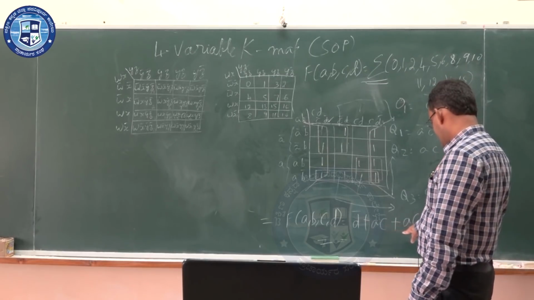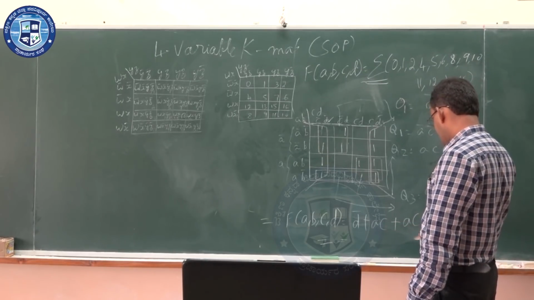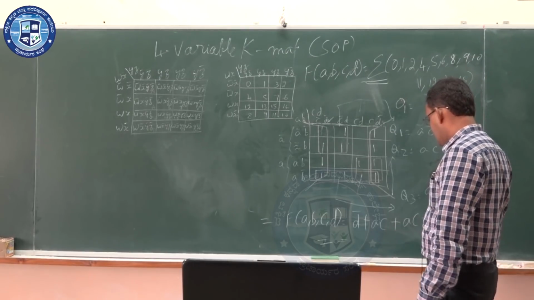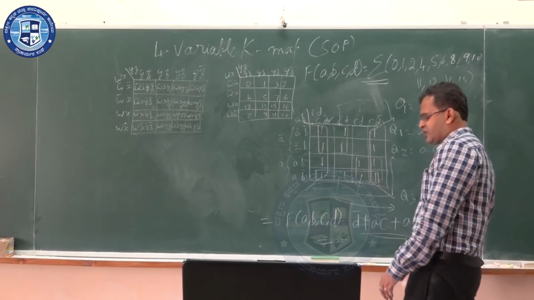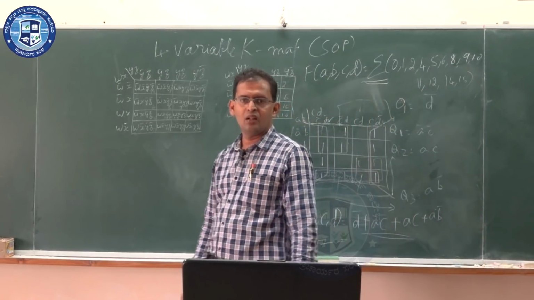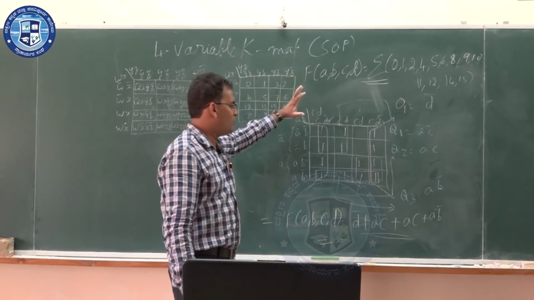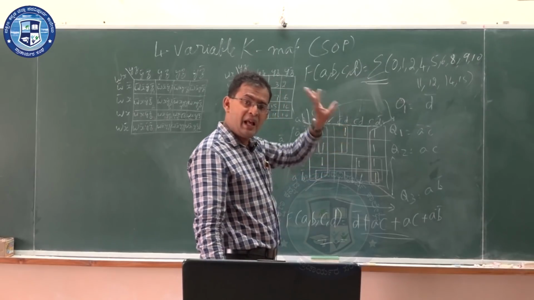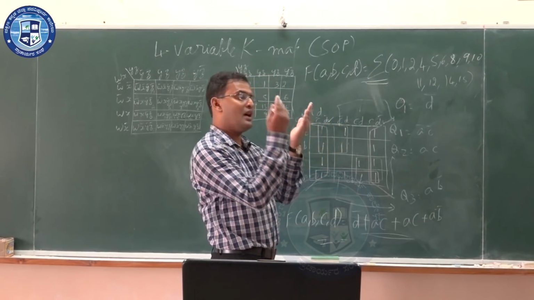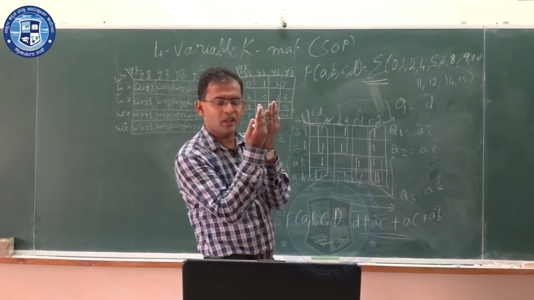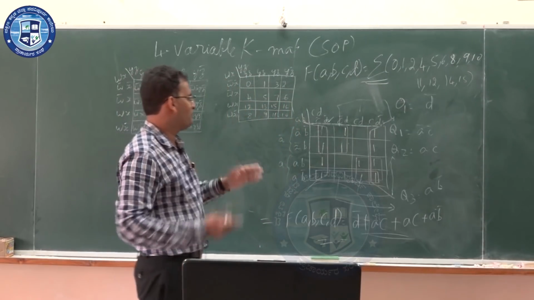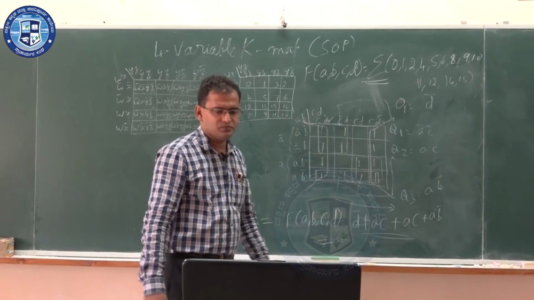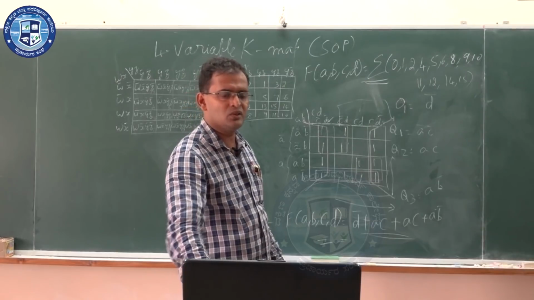Can I further reduce anywhere? Nothing is common. Maybe you could see AC and AB, but nothing is common. In other words, this is the final expression. So, this is the 4 variable K map, where I have introduced to you one new pair known as octet as well as roll map. When I roll the map, it will be able to identify and help me to reduce the expression.